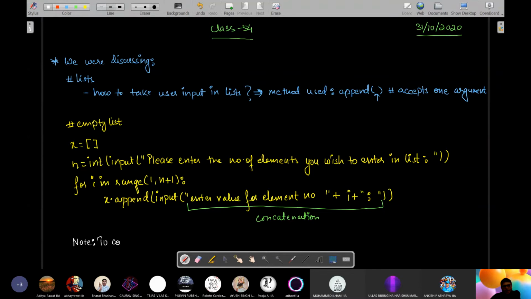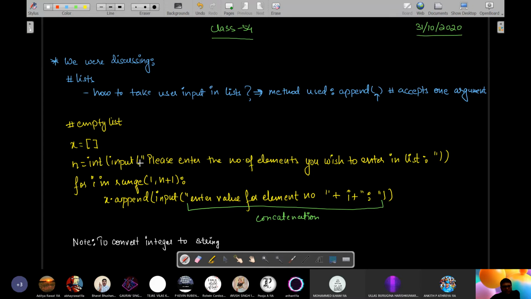To convert integer to string. What do we do here? In int input, when you write int, you are using the int function. By default, whatever you provide through input is taken as a string.